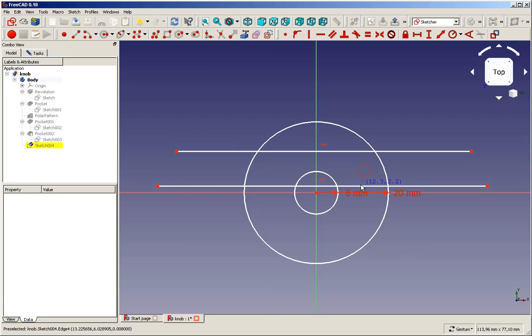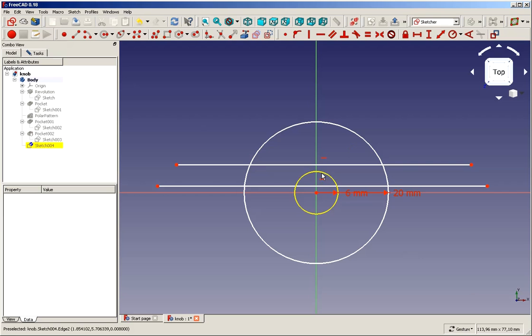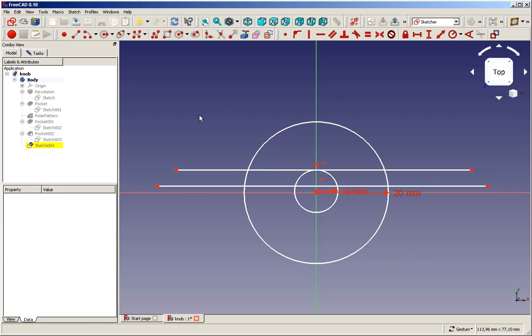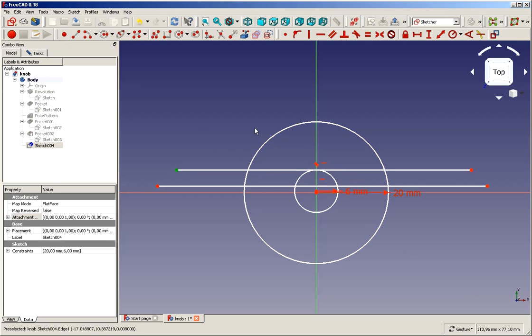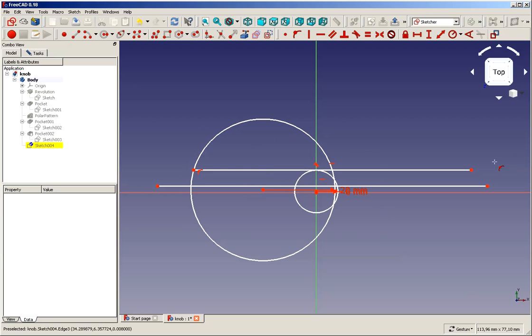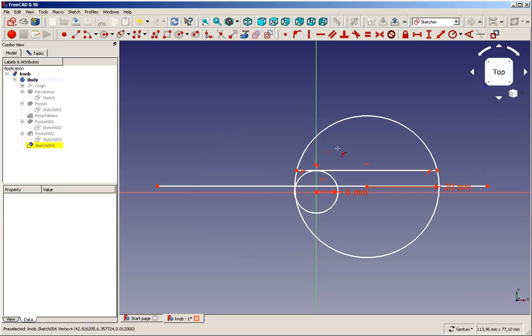I know that this line is in here, and I know that this line is tangent to that line. This point, let's start with first selecting the mode. Put this point here, put this point here,